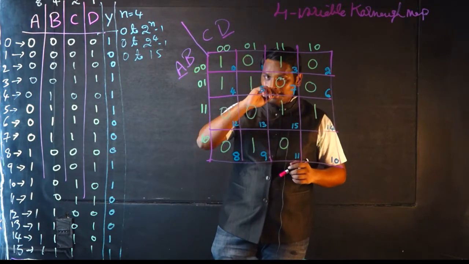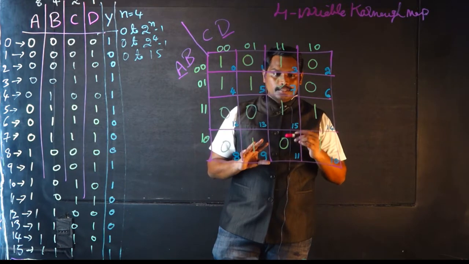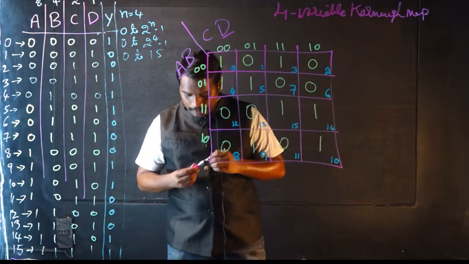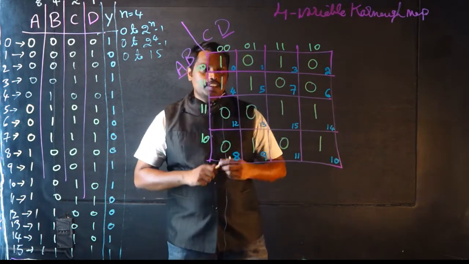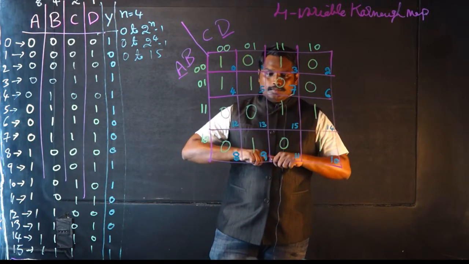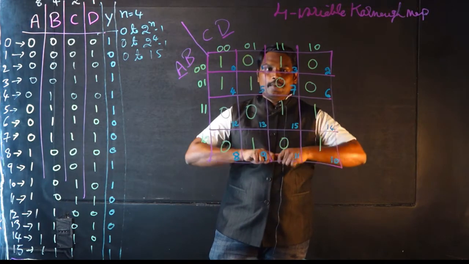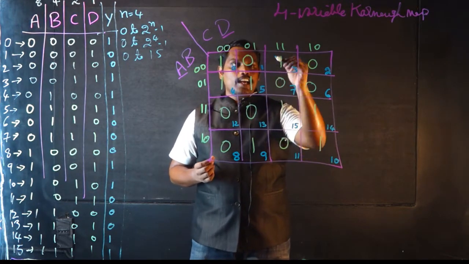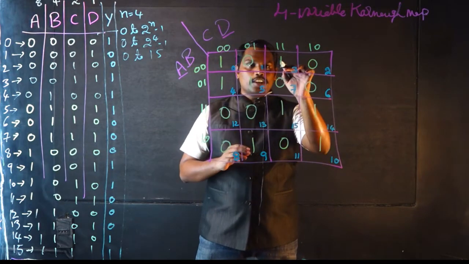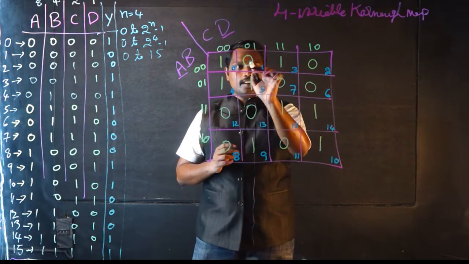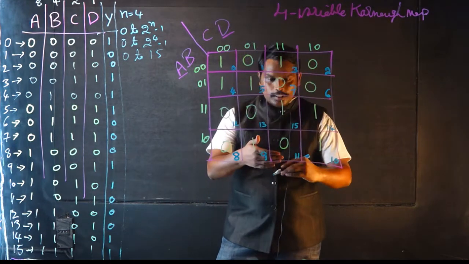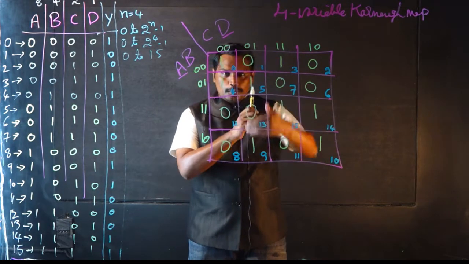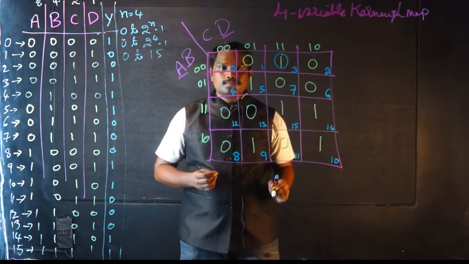So you can see here which can have a pair, right? So we'll see which is having a pair. First identify how many isolated ones are there. Here you can see this particular one cannot have any adjacency 1. This one cannot have adjacency 1 here, here, here, or above, which is the down part, because a Karnaugh map can be rolled from left to right as well as top to bottom. So you can see this is an isolated one.